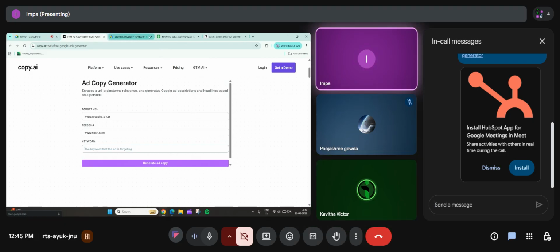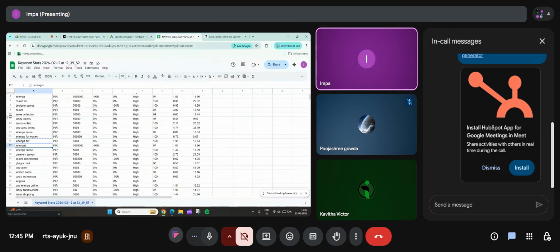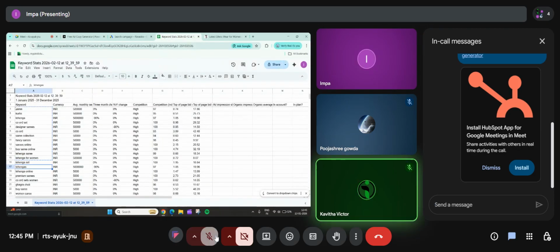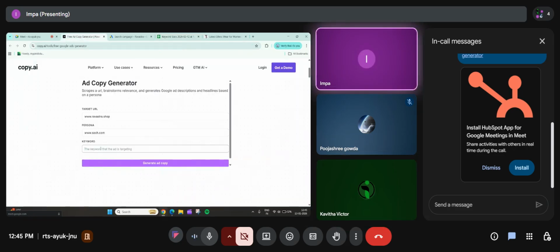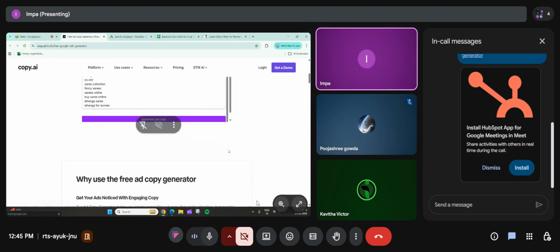Unable to click it. Click on generate ad copy.